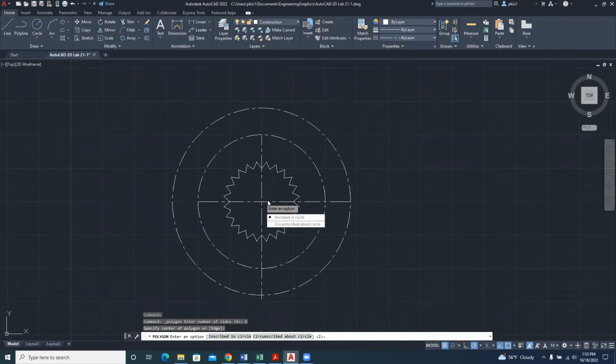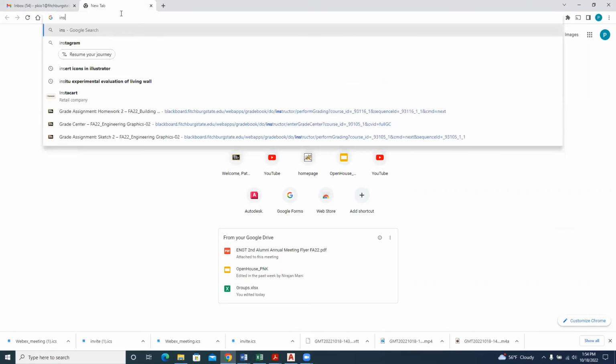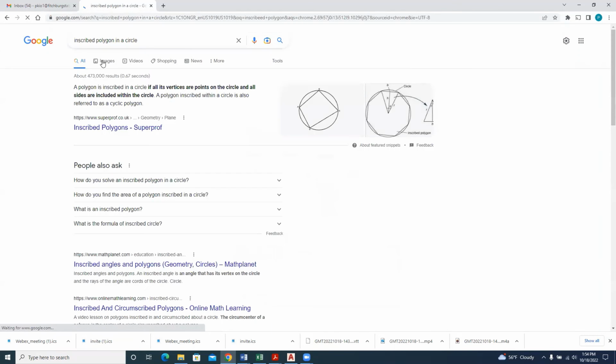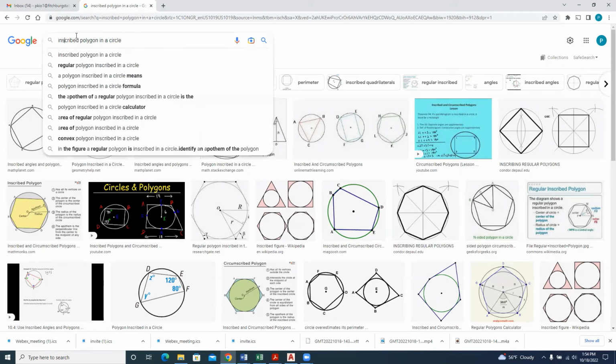So for this, let me check an example of inscribed and circumscribed. We'll check whether it's inscribed or circumscribed. So inscribed polygon in a circle, images. So we see how inscribed polygons are. They are inside the circle with the edges. The edges touch the tip of the circle, while the circumscribed